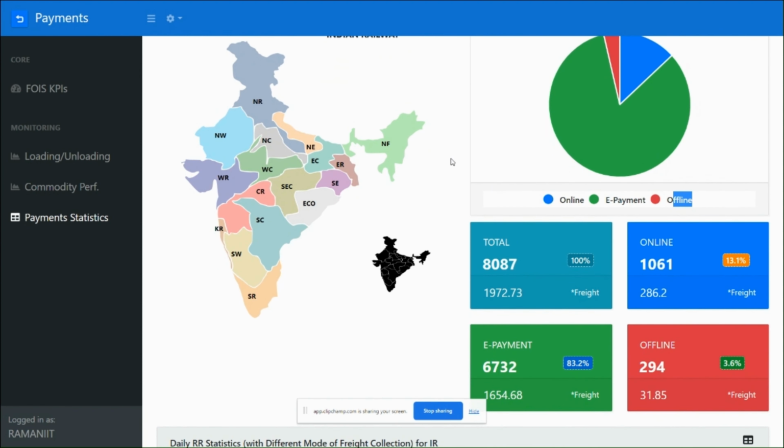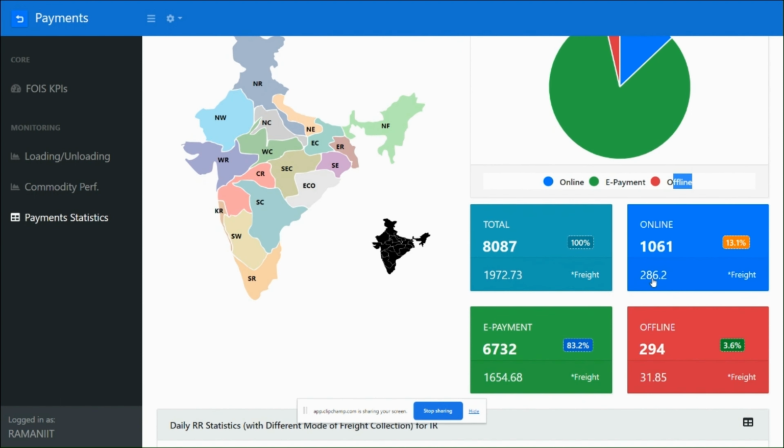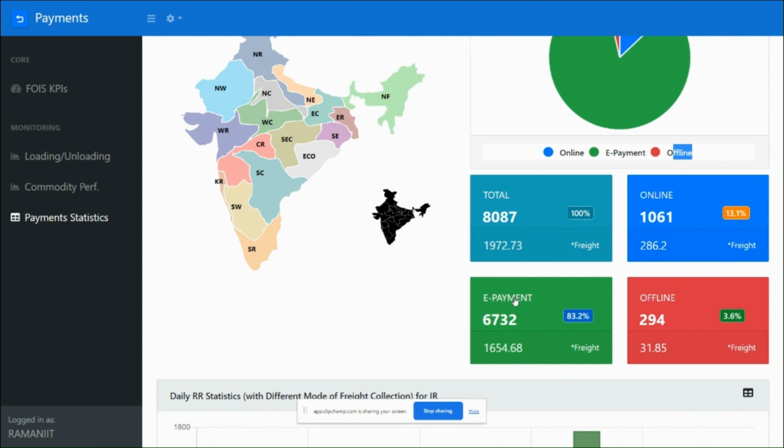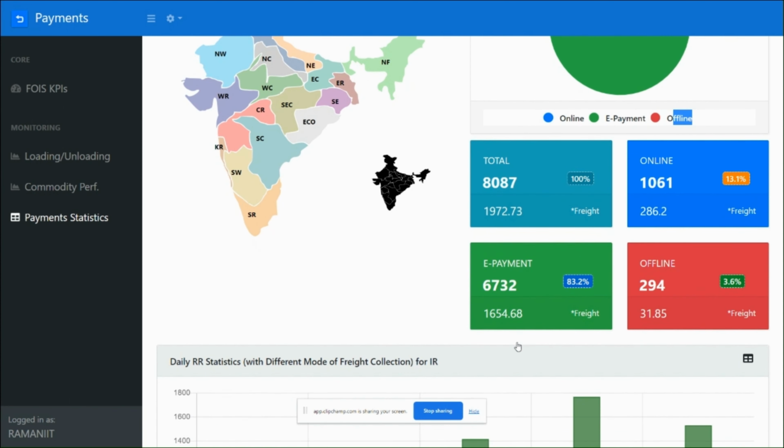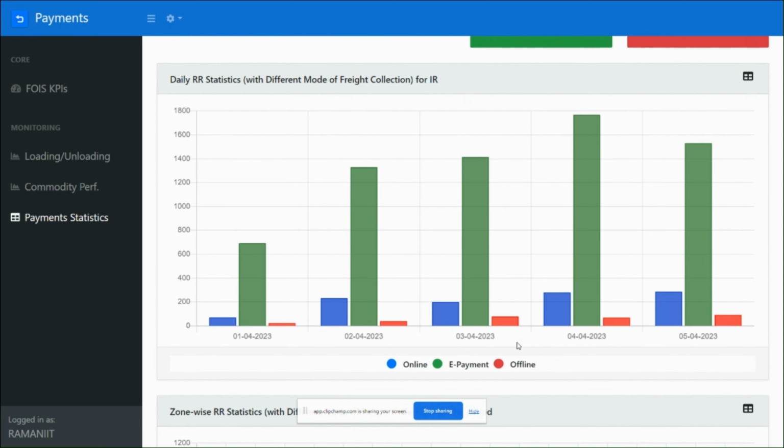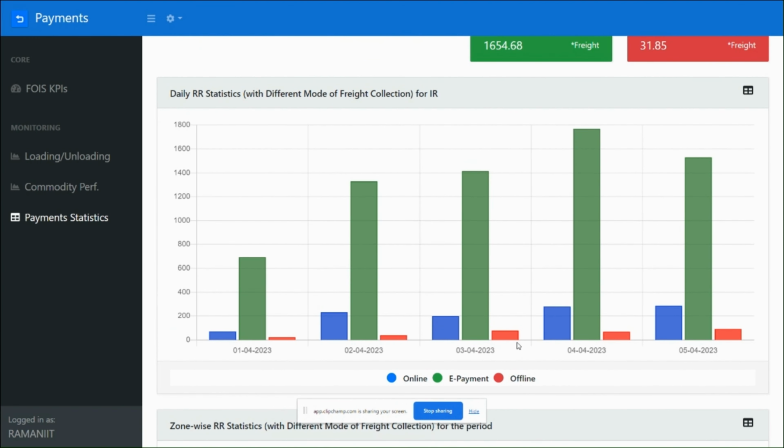As on last 5 days, 8087 RRs have been generated in total. Out of these, 1061 have been collected through online mode, 6732 through e-payment mode, and offline are 294. And the bottom figure is for freight collection. 1972 crores have been received in total. 286 crore have been received through online mode, 1654 through e-payment, and 31 crore through offline mode. These are the last 5 days statistics,